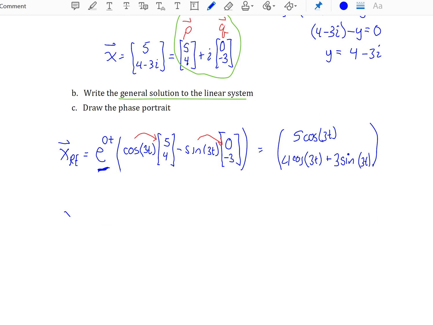Now the imaginary part of your solution, again, is e to the alpha t, and it's going to be the sine of 3t times your p vector plus the cosine of 3t times your q vector,